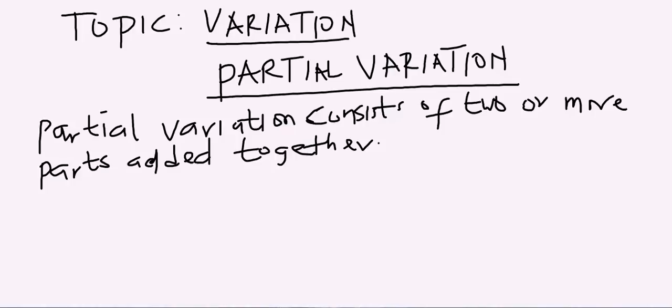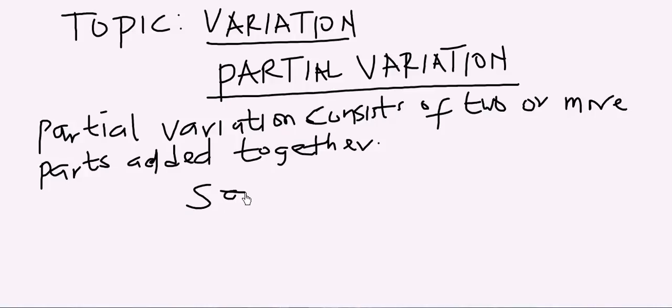We're looking at partial variation. Under variation, partial variation consists of two or more parts added together. In partial variation, we have two or more parts added together. A typical example of partial variation is when we have something like